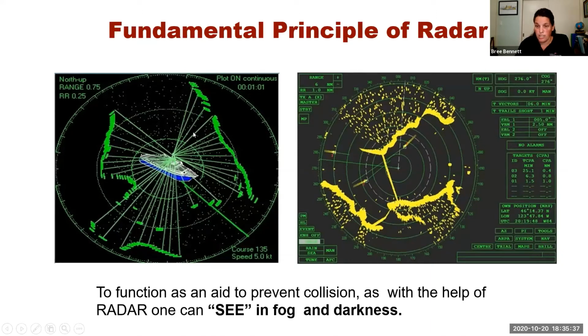Let's click. Okay, so this is kind of what a radar screen, if you're looking at just a radar screen, will look like. So maybe you haven't seen one of these before, but they're basically sending out frequencies from your vessel. Unless you're offset on your screen, you are always in the center and everything around you is projected outwards. And one of the big limiting factors with a radar is that it only gets projected until the point that